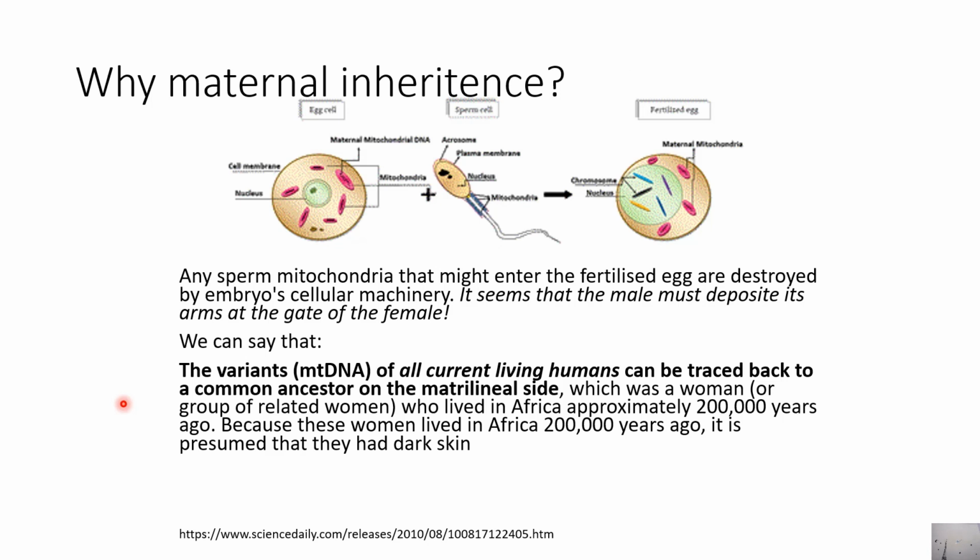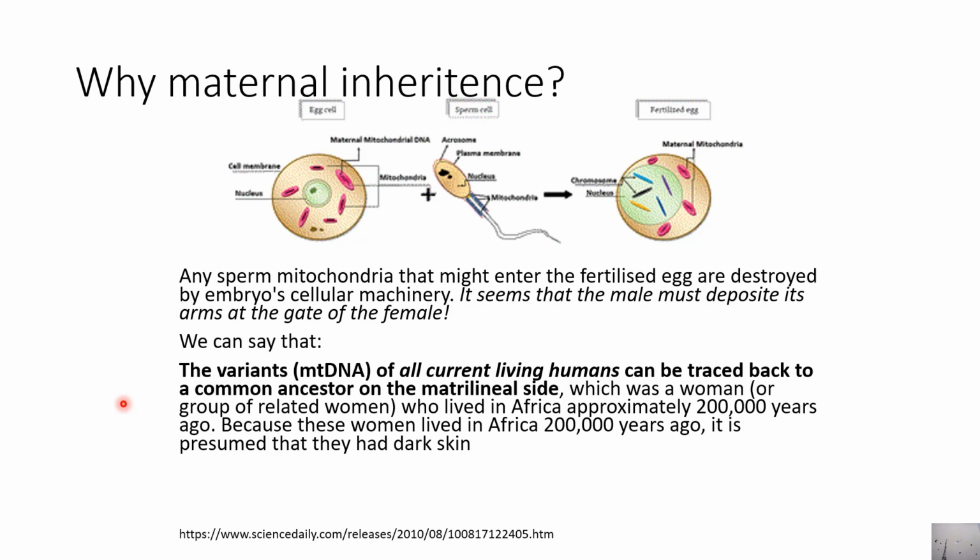So why maternal inheritance? Any sperm mitochondria that might enter the fertilized egg are destroyed by the embryo's cellular machinery. So it seems that the male must deposit his arms at the gate of the female. We can say that the variance of all currently living humans can be traced back to a common ancestor on the matrilineal side. It was a woman who lived